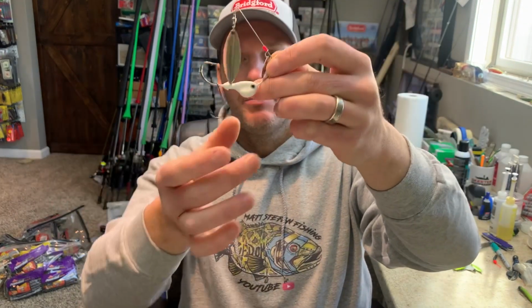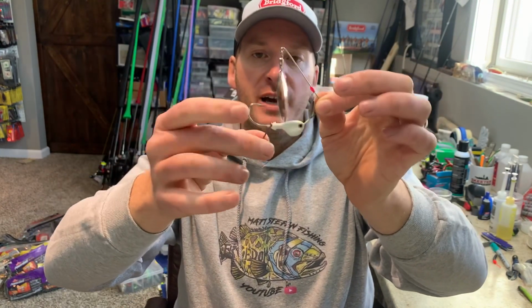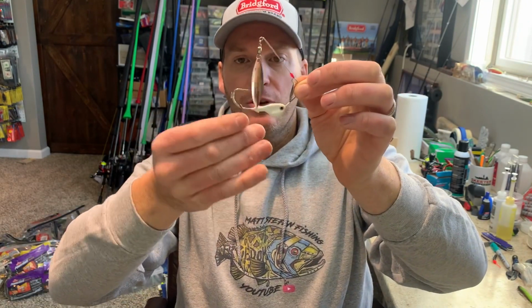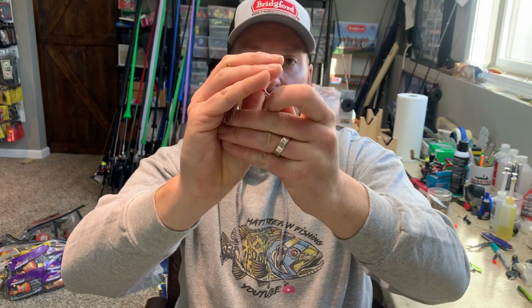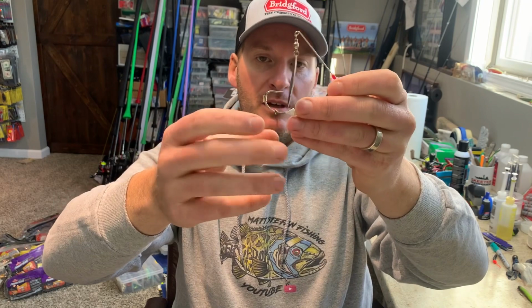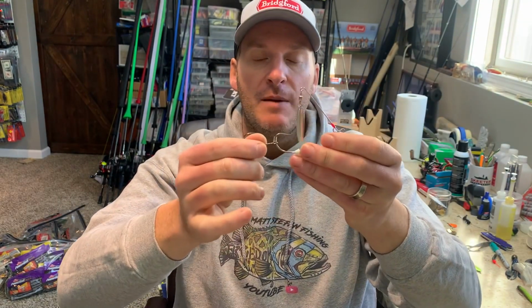The key here, the reason I think that's important, is because when a fish comes to bite that bait, the hook is going to fold in, the hook's going to move. If a fish comes and hits it from the side, that hook is just going to peel over into the fish's mouth because that fish is going to be able to suck it in. You don't have that rigidity of that shrink tubing on the hook that's going to allow the bait just to move. So I do think it's really important that you have a free swinging trailer hook